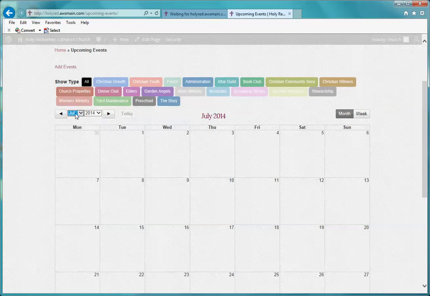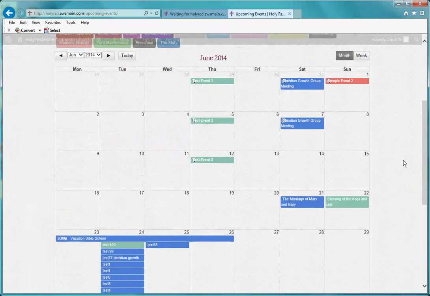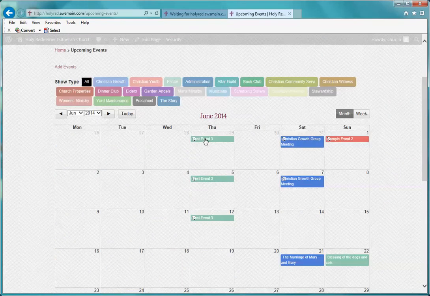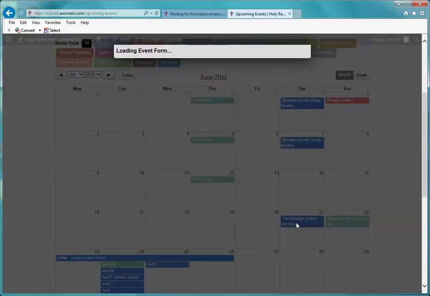So let's go back to June, and you'll see that there's a couple different ministry events in June. If I just wanted to view one of them, I could click the pertaining color. So as we can see here, if we select an event, let's say the marriage of Mary and Gary, and I click on it,